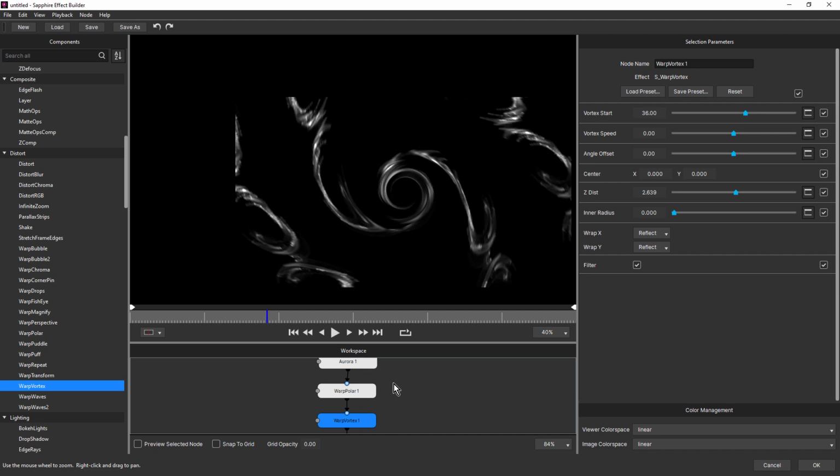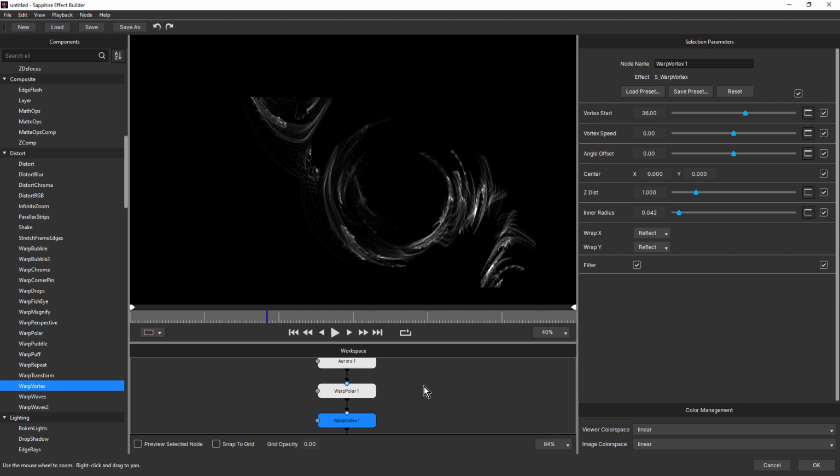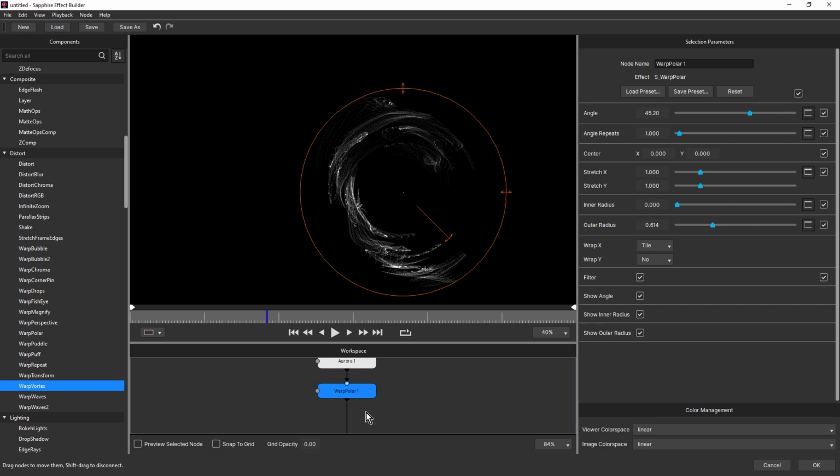Going to undo just a little bit. Get back to where we were. There. And take that one off again. Okay, that's where I want to be. Let's try something else. What about warp waves?